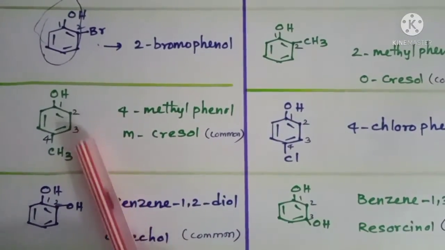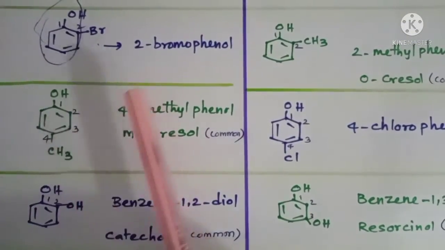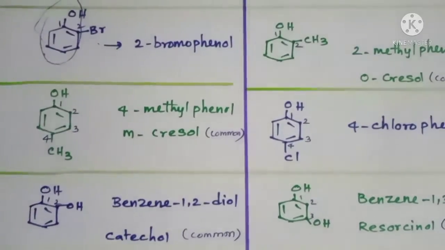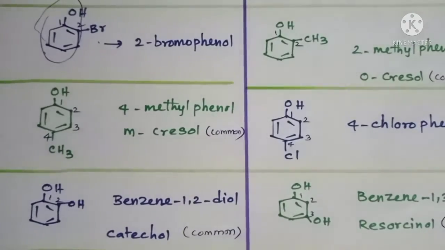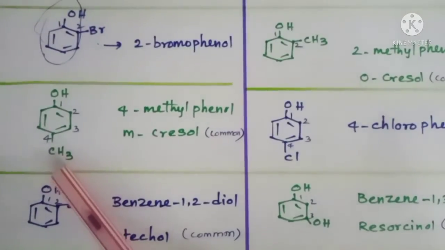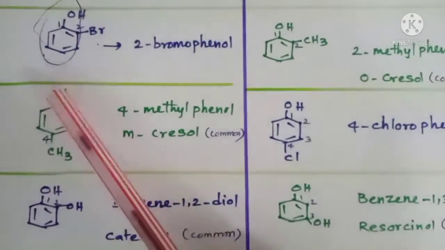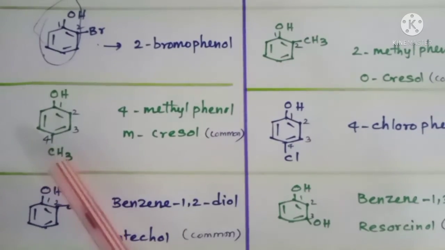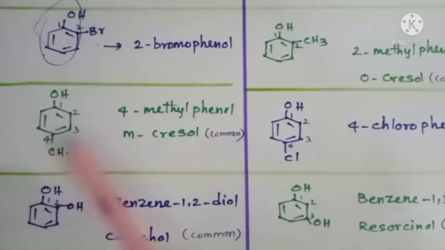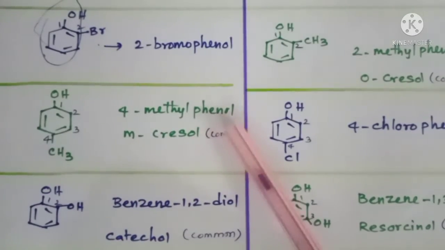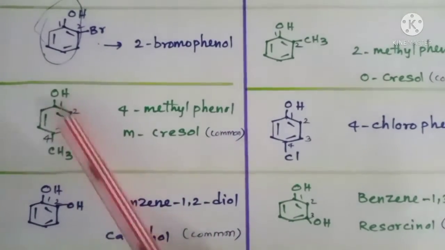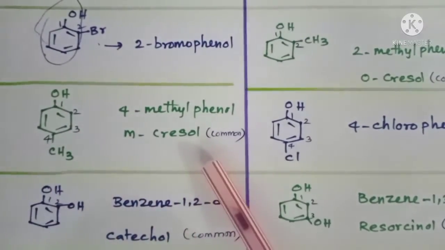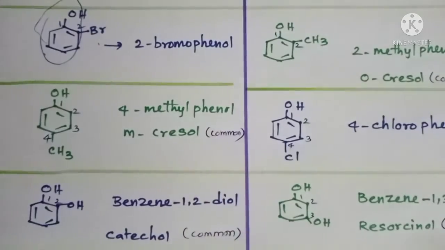Then look at the next compound. So this is also like the previous one, but the CH3 group position is different, isn't it? Whereas in this compound, CH3 is attached at the fourth carbon of the benzene ring. When you start numbering from the OH carbon, the CH3 carbon is getting number 4. So there is a methyl group at the fourth carbon, so it is called 4-methylphenol. That is the IUPAC name. Then methylphenols are cresols. The groups are at opposite positions, so that is called paracresol. That is a common name.